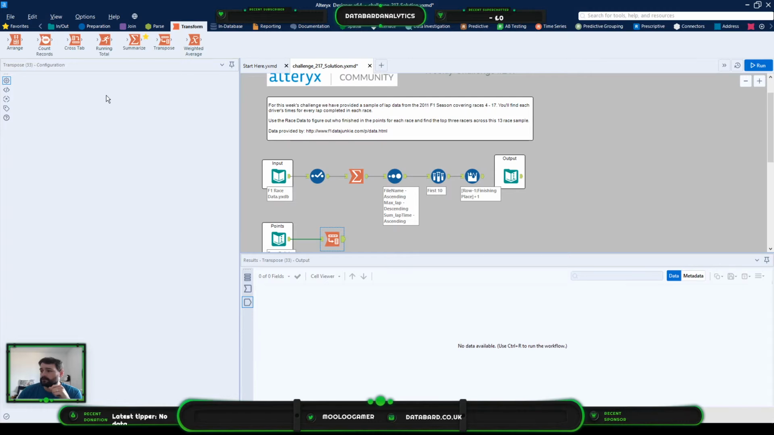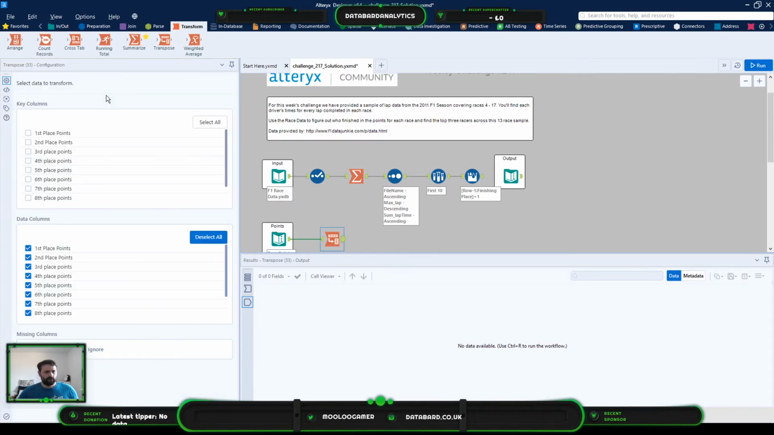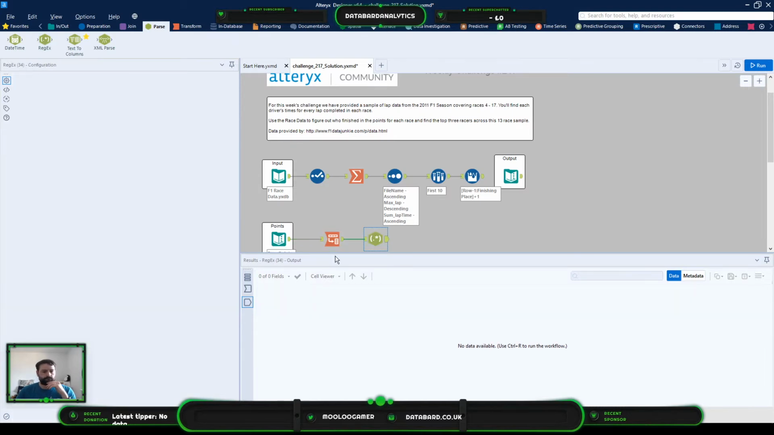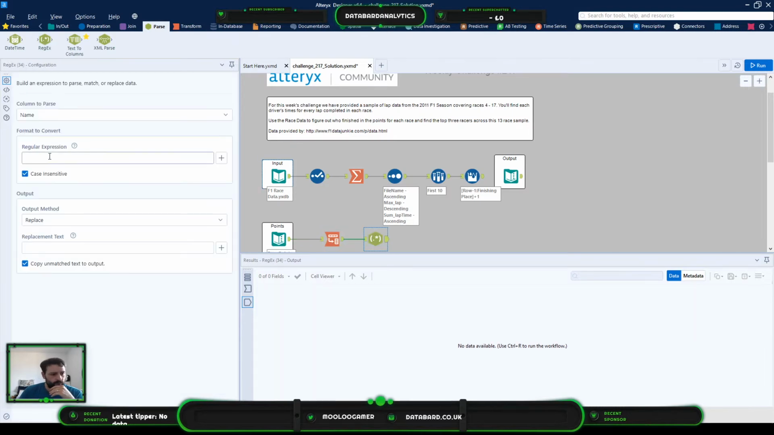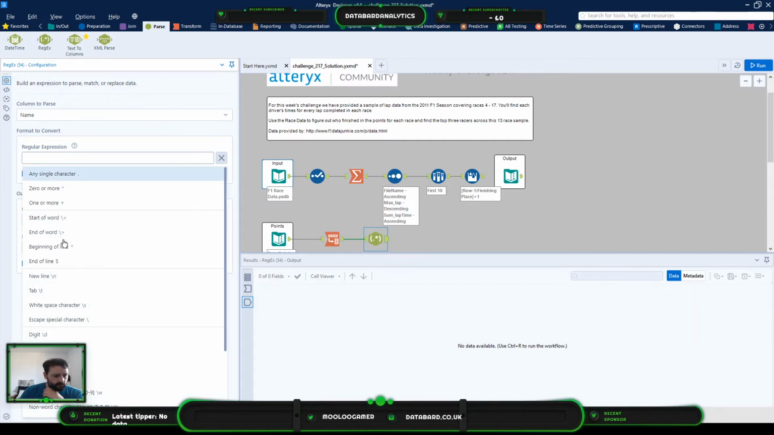I have no key fields in this, because there's nothing I want to duplicate. I just want everything transposed. And I'm going to parse text to columns. And what I am going to parse is, I'm going to replace any letter, and that can be,